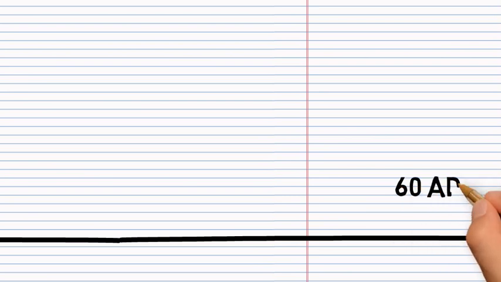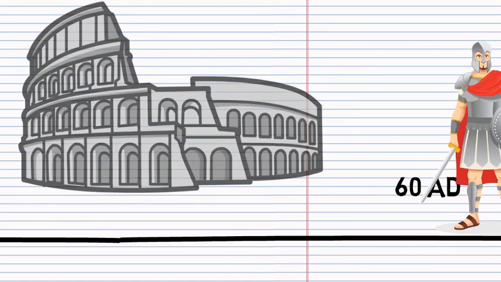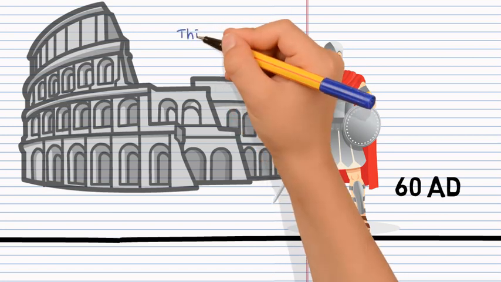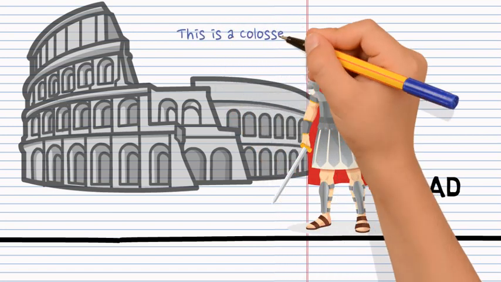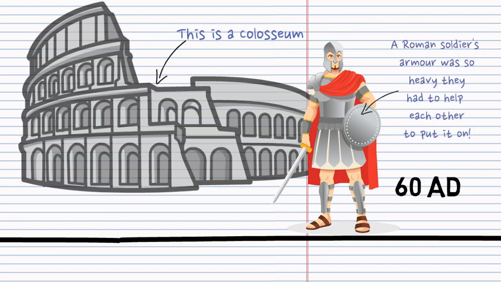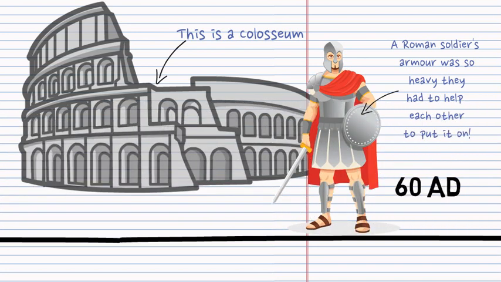We are now in the year 60 AD. Do you recognise the uniform on this soldier? Yes, it's a Roman soldier. That's right. The Romans invaded Britain in 43 AD. We are in 60 AD because in that year, one of the Celtic tribes led by Boudicca tried to fight back, but even though her army was much bigger, they were still defeated by the Romans, who were much better trained. This is nearly far back enough in time, but we still need to go further.